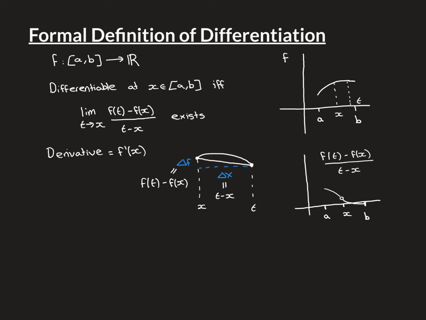So this quotient for the point t means go from this point for the point x to this point for the point t, connect the two, and then what is the gradient of that connecting secant line? So I've written that term out because it's very important in differentiation, the concept of a secant line. It means connect 2 points on the graph. That straight line is called a secant line, and the gradient of that is very important